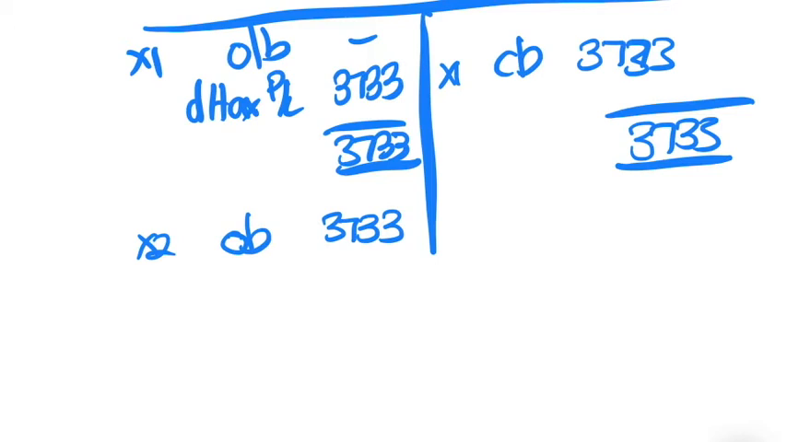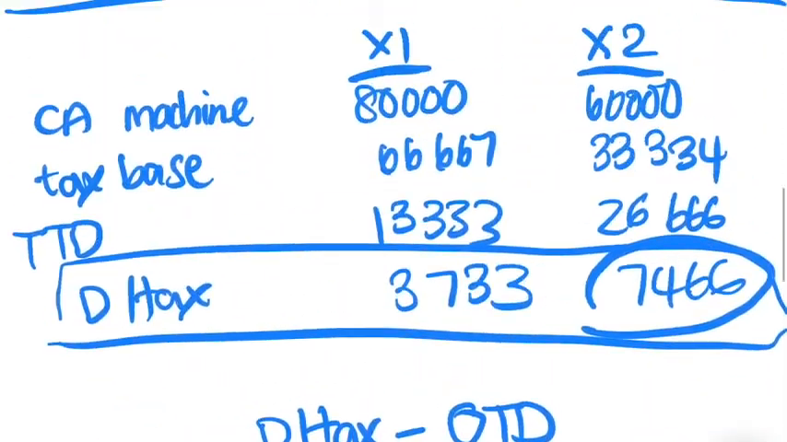However, what happens in X2? In X2, we actually do have taxable profit. So that means that we have to now go and recognize previously unrecognized tax losses. So that means that if we take that, what was the liability? It was